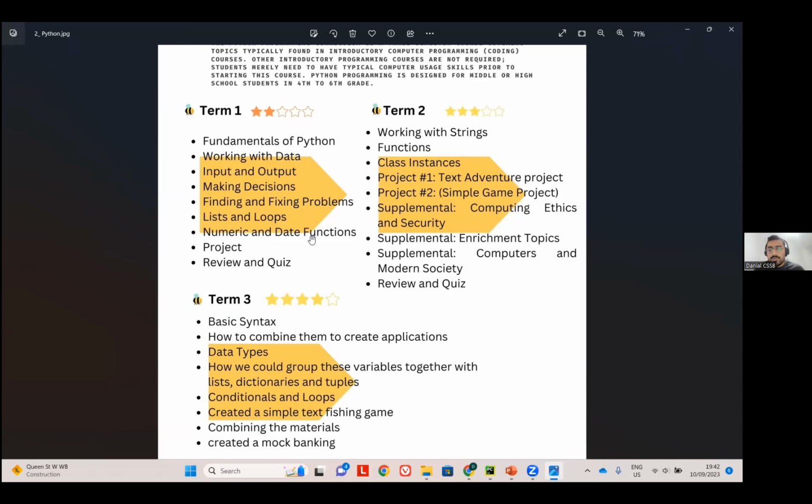And also, if you're familiar with all of the things that you can see in one semester, you can probably say that, okay, maybe I should start with level 2 or even level 3.